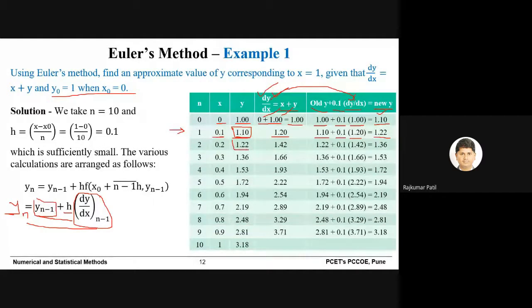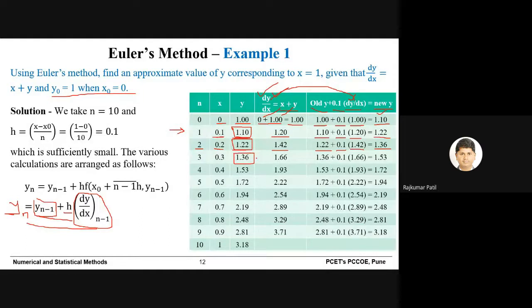So that you can put in this table, in column number 3, and again you need to repeat the process. So n is 2, x is 0.2, and y is 1.22. So here you can see dy by dx is 1.42, then old y 1.22, h 0.1, dy by dx 1.42, and the answer you will get is 1.36, and that will be your new y.